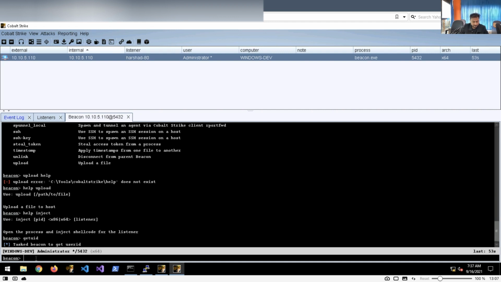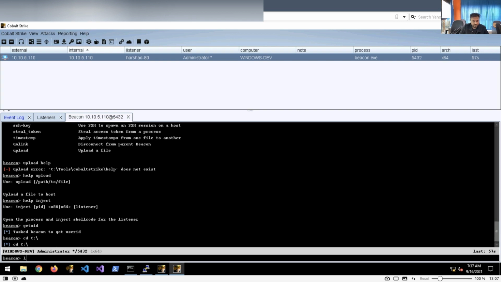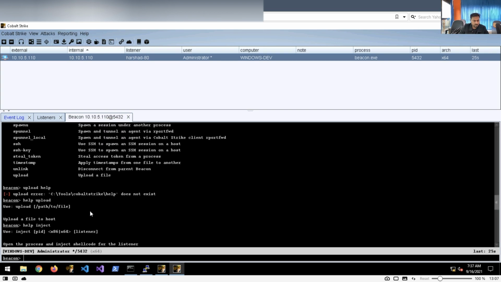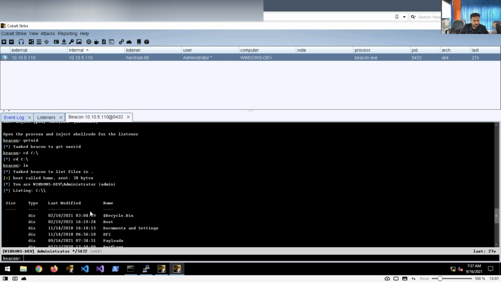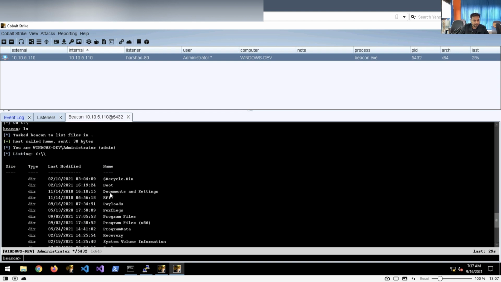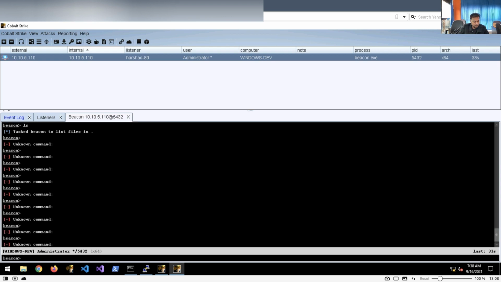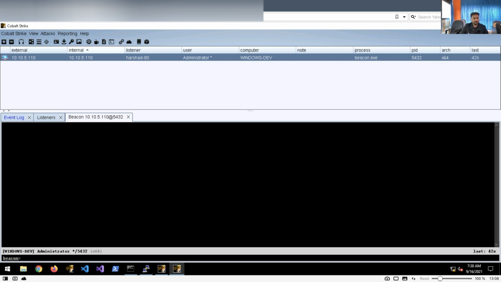If you want to go to any of the directories, you can simply go to the C drive here, and then ls, or I think you can type dir. You see, these are the listings, all the information, perfect. Now, if you want to clear the window, you just type the clear command. Let's try it here. Otherwise, you can use Ctrl K to clear the screen.